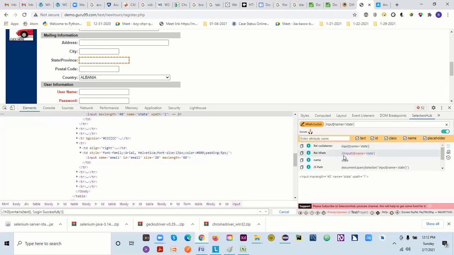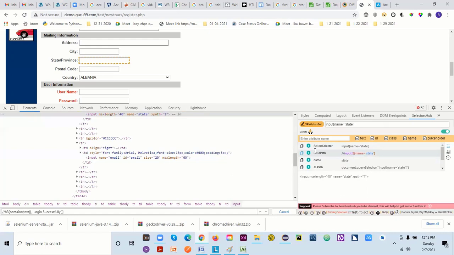Here you don't have to use the forward slash. Okay, this is my CSS selector. And if I go with the relative path, I can use my relative path here. You can directly click on this, it will be copied, and you can use this. So this is a very good tool actually.